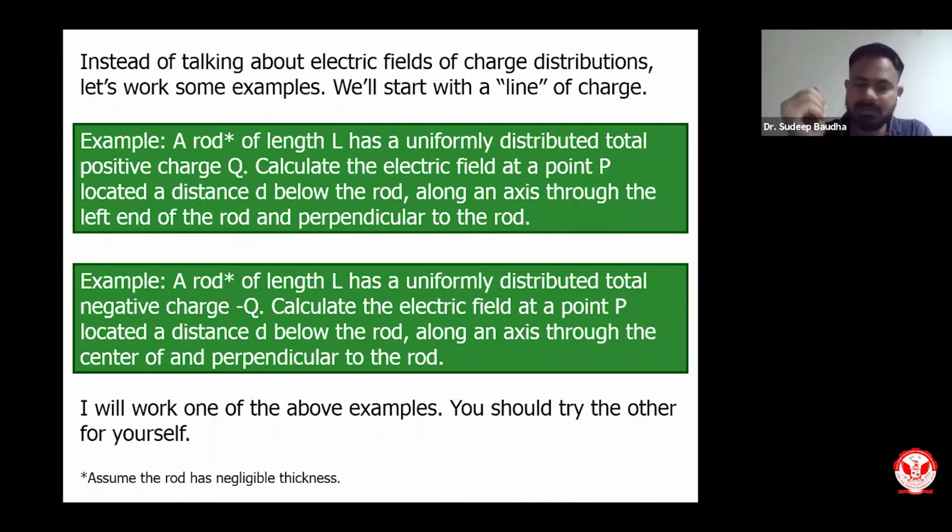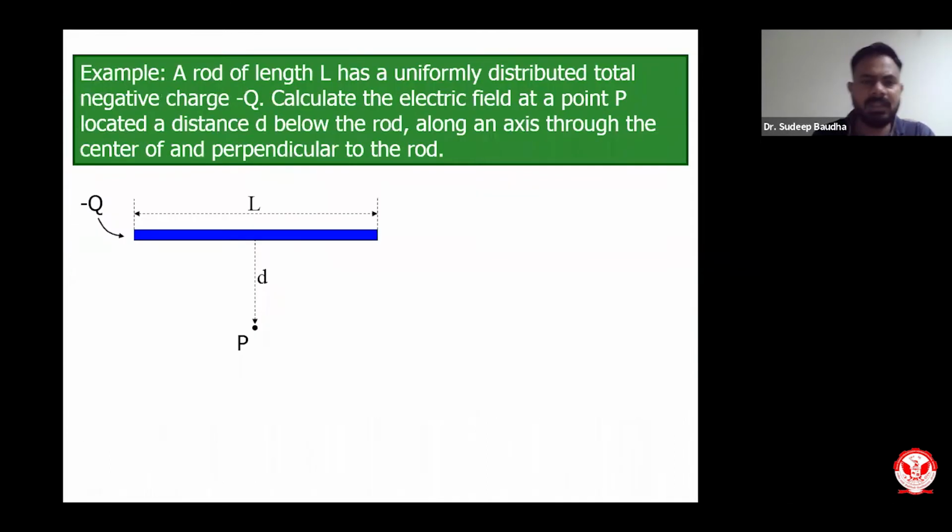Our assumption is that the rod has negligible thickness. So please remember, we are talking about a rod which has a negligible amount of thickness. So a very, very thin rod we are talking about. With this understanding, we have two formulations, so two types of derivations which have to be derived. I will be deriving the second one. The first one, I hope you will do by understanding the second derivation. Let us see how it is.